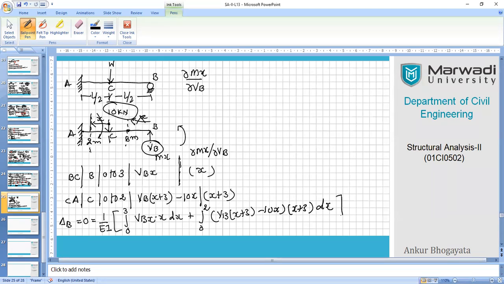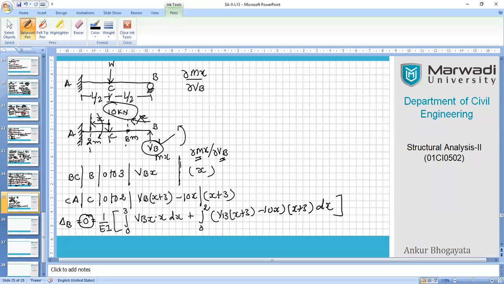dx. So this term we are going to equate to 0, because according to the second principle, the total energy stored in the structure under the effect of any of the movement associated to that particular force, here our particular force is VB, so that's why the associated energy in the form of del Mx upon del VB should be minimum. So minimum is always 0. So that's why we have equated it to 0 here, right?